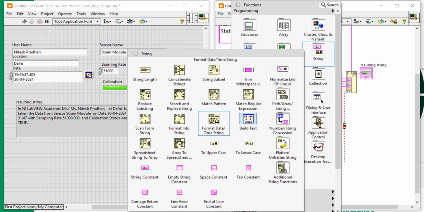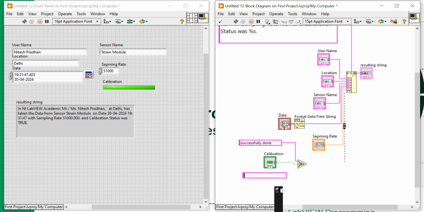Either I can take one more and I can put here ignored. Getting my point, sir? Ignored. Now can I connect it? Can I run? Yeah, successfully done. Either